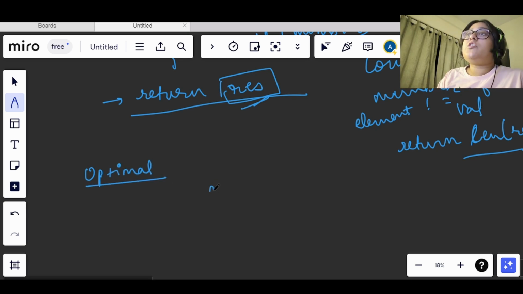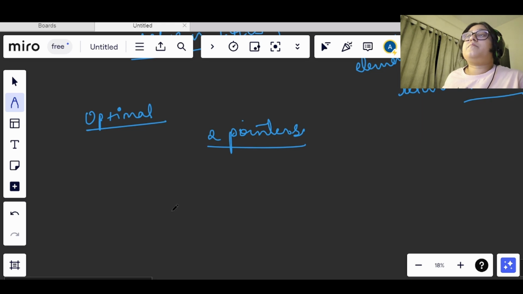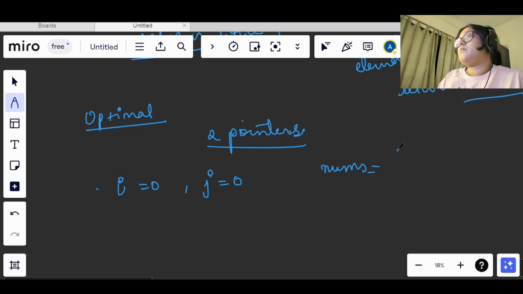Now we will be using 2 pointers. We will start iterating from 0. Let's say we have nums equal to 1 3 1 2 3 2, and val we have been given as 2.